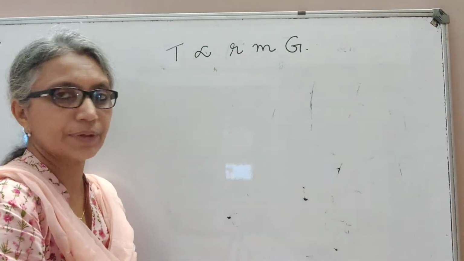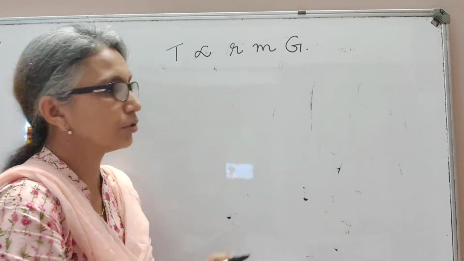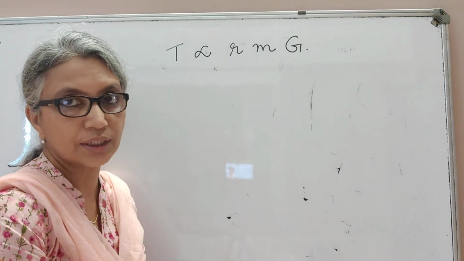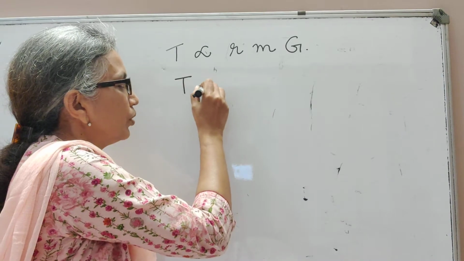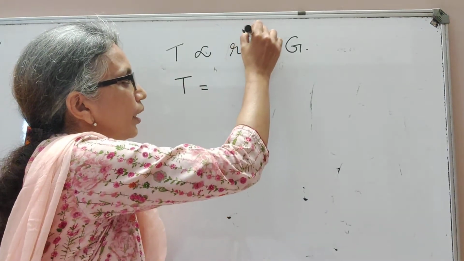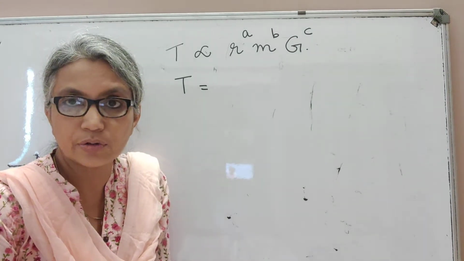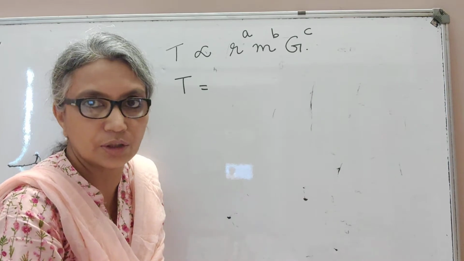Unlike small g, capital G is a constant. Small g is a constant for a given planet. Okay. So here they have given us the constant. They've told you to take it as 1. So we may write T equal to, so I may write this as R^A M^B G^C. So we now need to find the values of A, B and C. Using the principle of homogeneity, we can find out the equation.